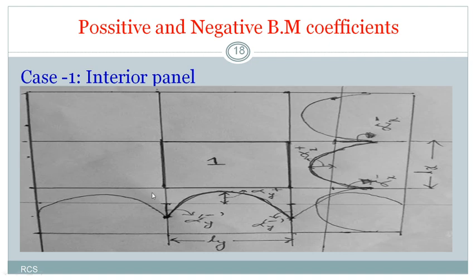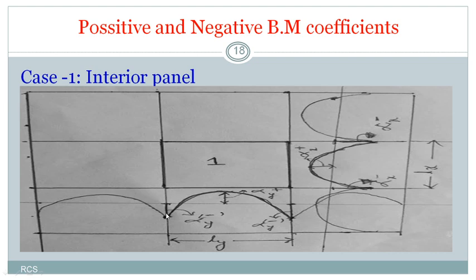If I draw the bending moment diagram for this, it is a continuous edge and this is a continuous edge, and this is the Ly direction, this is the Lx direction, the shorter direction. The bending moment diagram will be like this, like this, like this. It is a continuous one. So if you see at the edges, we have a negative bending moment, as your baseline is this. In the diagram, below the baseline is negative and above that it will show the positive.